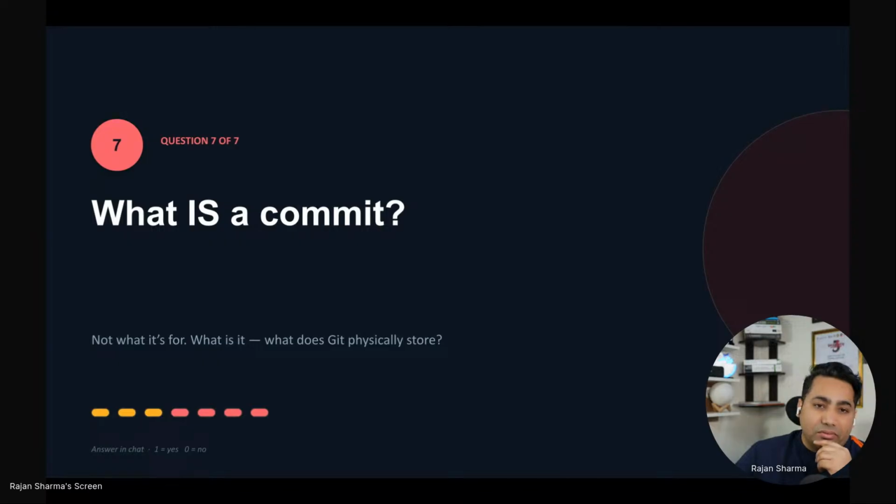The last question: what is a commit? Do we understand that? Do we know what it is? And do we have enough experience to explain that? Okay, I have the understanding and I can work with that. Do you have that understanding? That's the next question I have. All those questions I'm asking here are to understand or evaluate the understanding around Git.